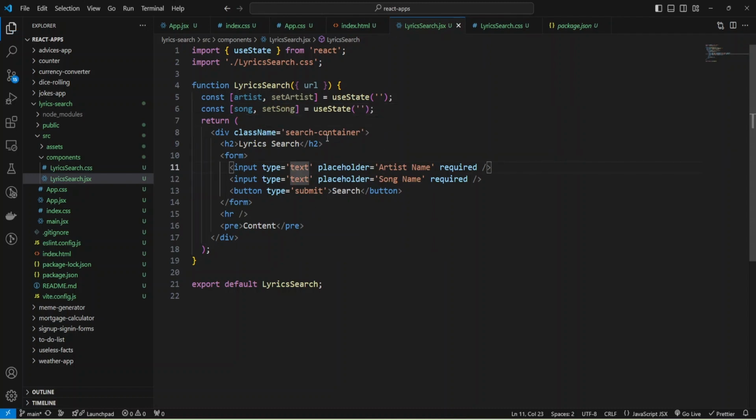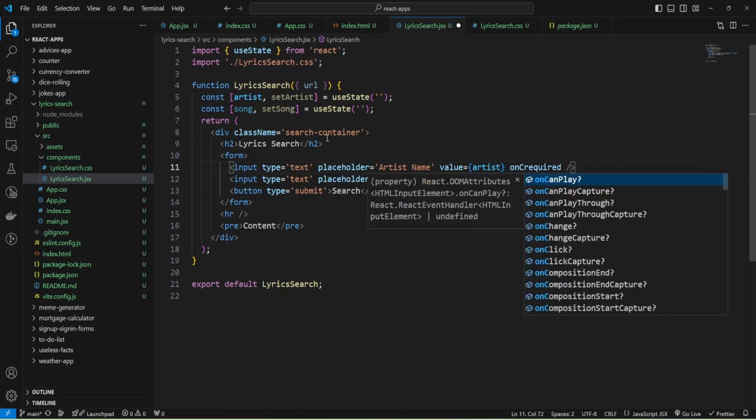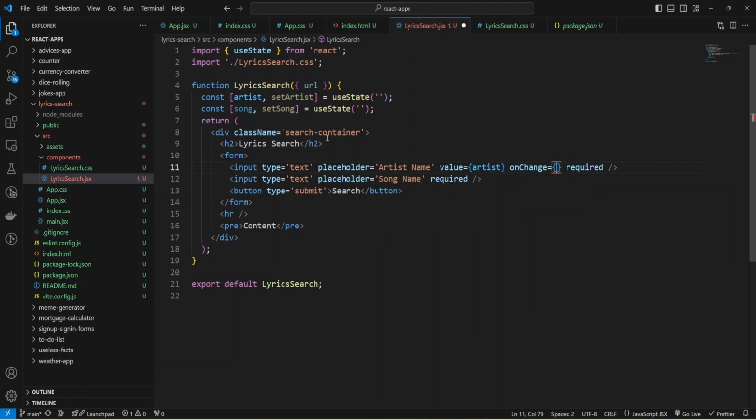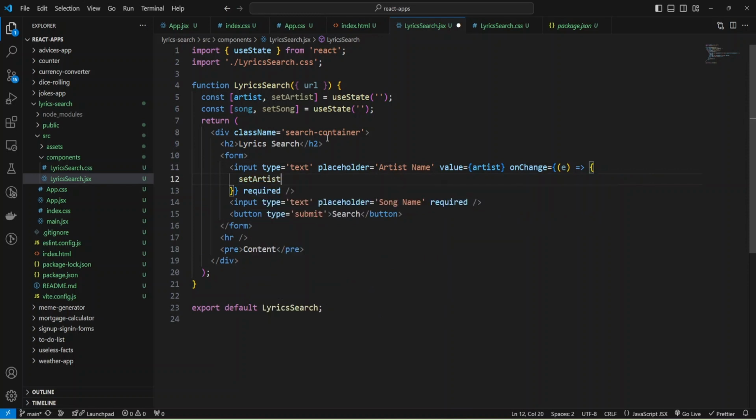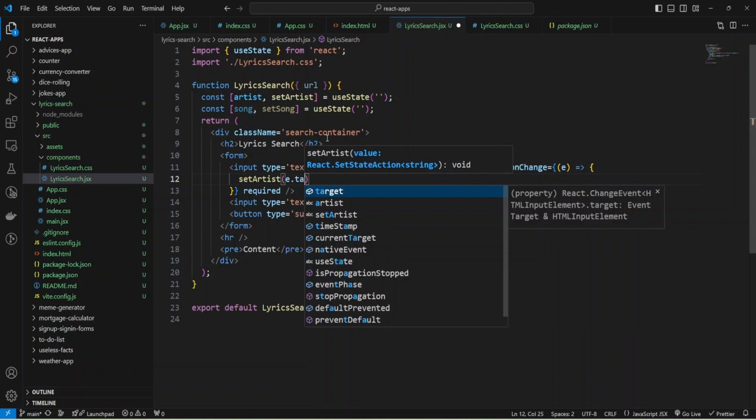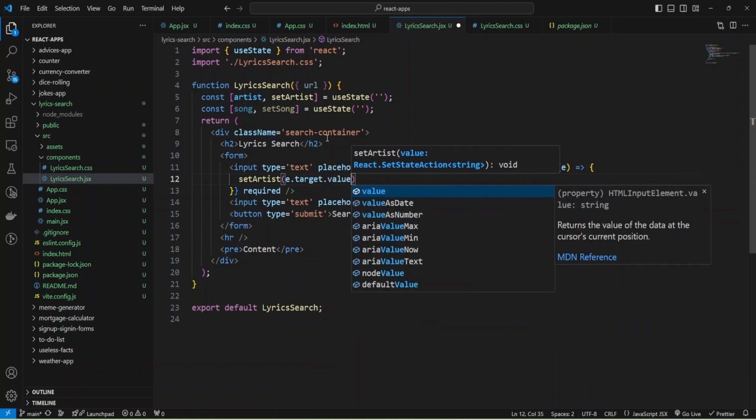Okay, and now I can provide value to artist name input, and value will be artist, and the function to change it will be onChange, and I'm going to provide new name, and will retrieve it from event, setArtist, and the value will be inside event target and value.